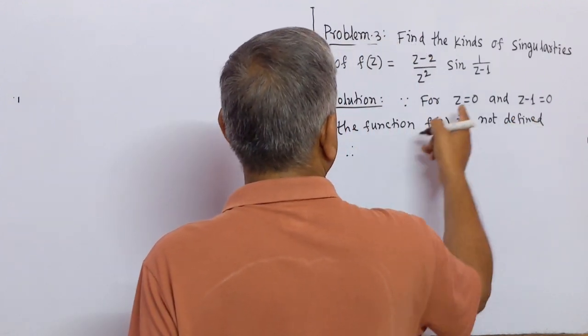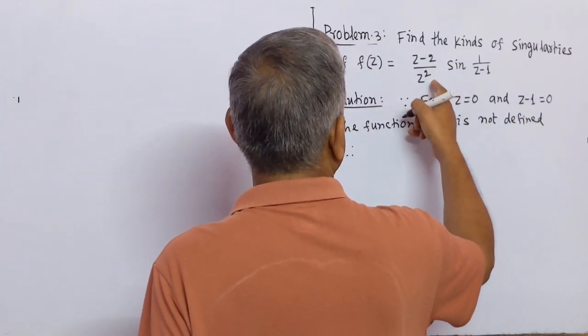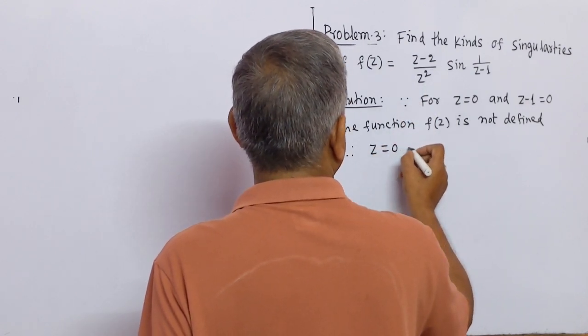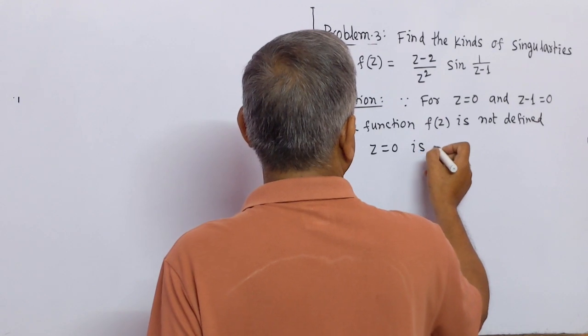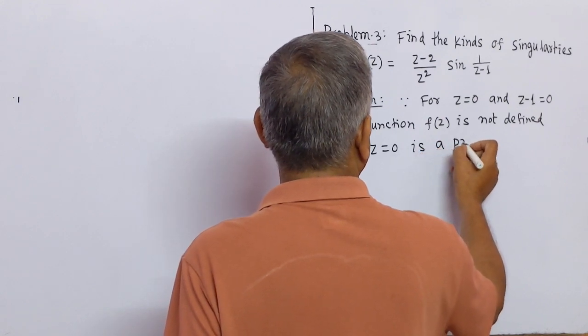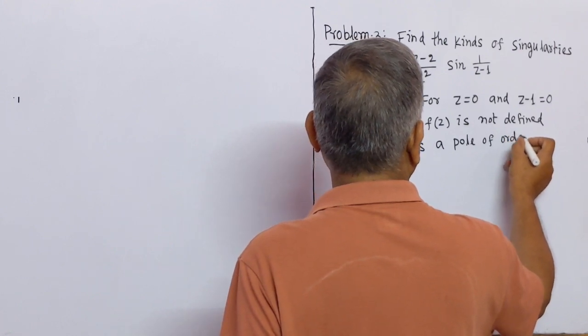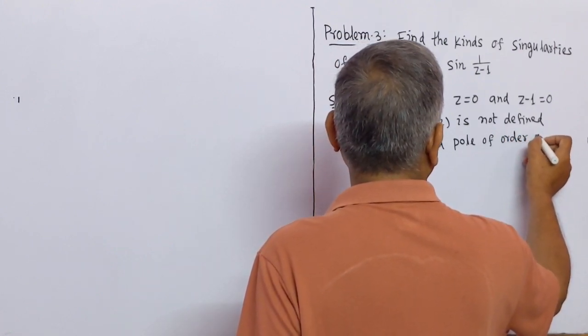Therefore, z = 0, here twice, z = 0 is a pole of order 2,